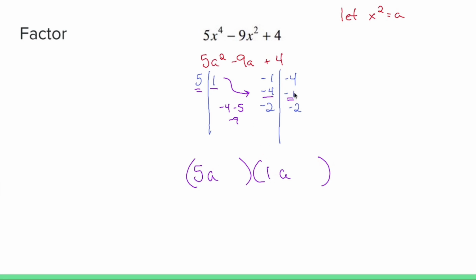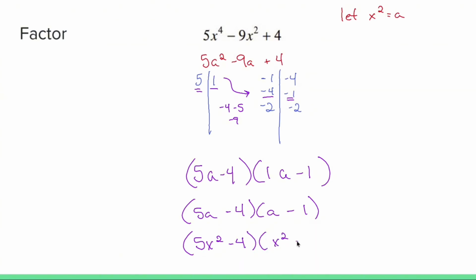Okay, -4 and -1 are attached to my constant, so I'll put -4 here and -1 here, right? In that order. Now, you could look at this and say, I don't need that 1 there. Great. So if you write out 5a minus 4 and regular a minus 1, you're not good enough. Why? There's no a's in the original problem. Remember, a is x squared, so my final answer is going to be 5x squared minus 4 times the quantity